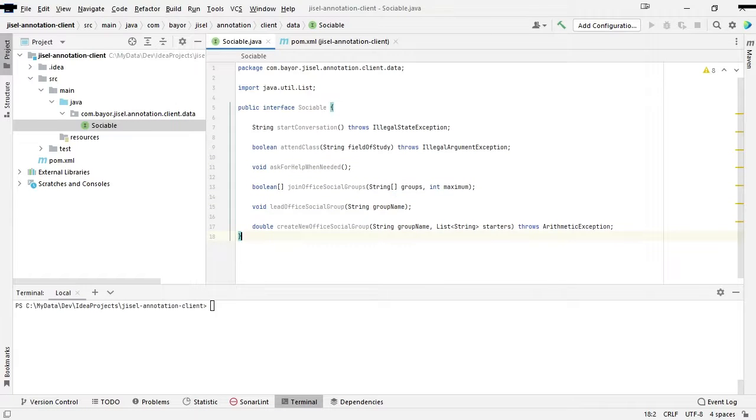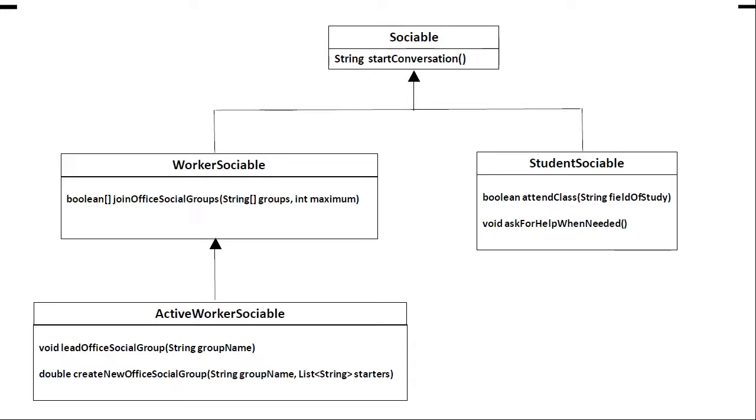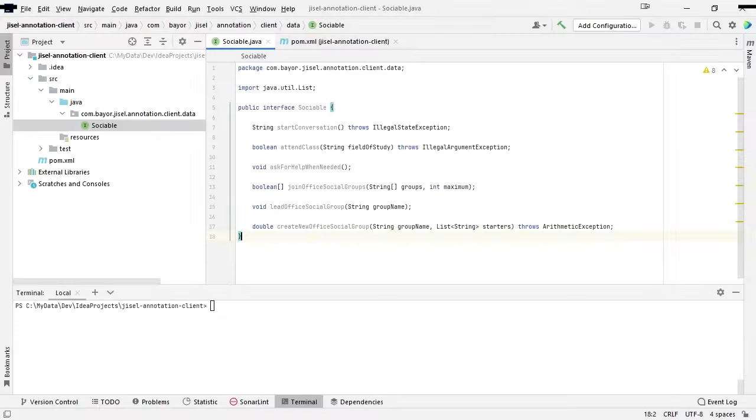If we take a look once again at our UML diagram, we have the start conversation method, which is common to all of the sub interfaces you see here. So that means our start conversation has to be sealed or tagged for all of the profiles.